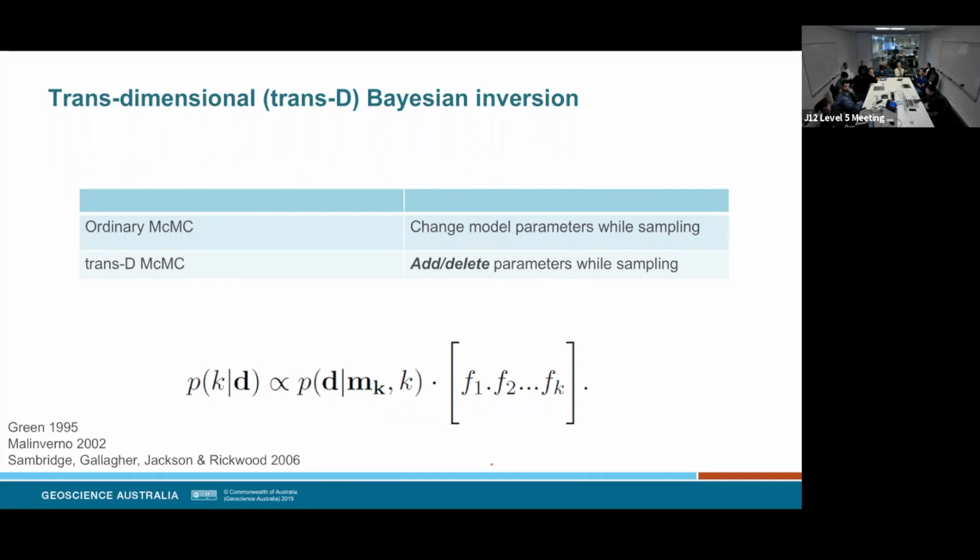So if we have a k parameter model, or what statisticians would call a parameter vector, I guess, given the observed data, then this turns out to be proportional to the likelihood of a k parameter model times this factor over here, which I've bracketed, which in geophysical parlance, and even in the book by MacKay on information theory, is known as the Occam factor, this product of F's that you see over here.